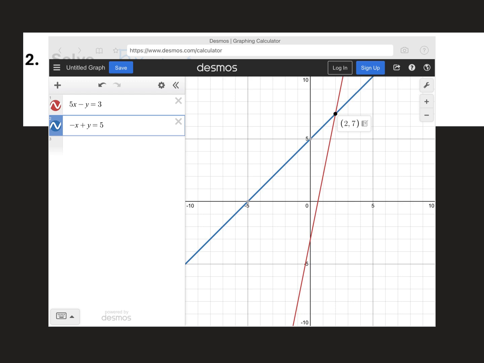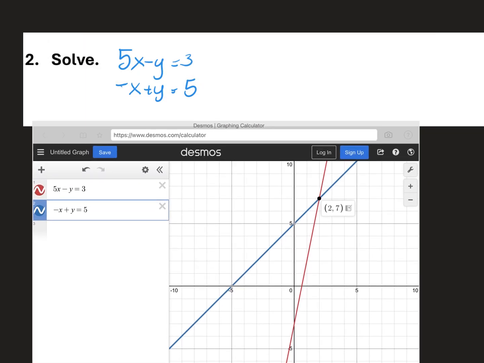So I am going to move this out of my way. You do not have to draw the graph. When it says solve by graphing, you do not have to draw the graph. You only have to give me the solution. And so the solution is 2, 7. Let's write a little side note here. When it says to solve by graphing, go to Desmos,